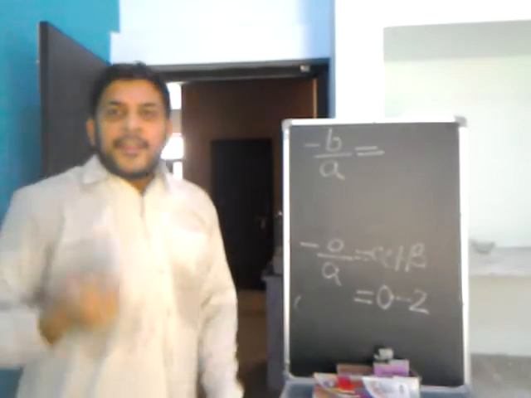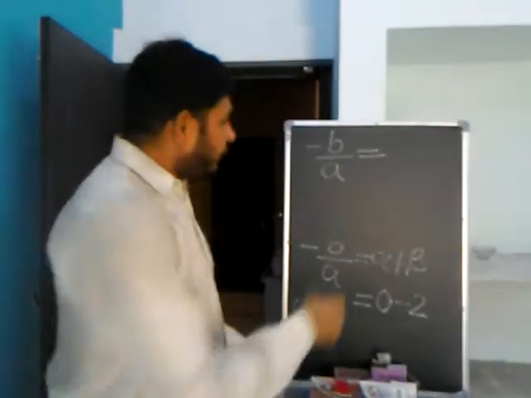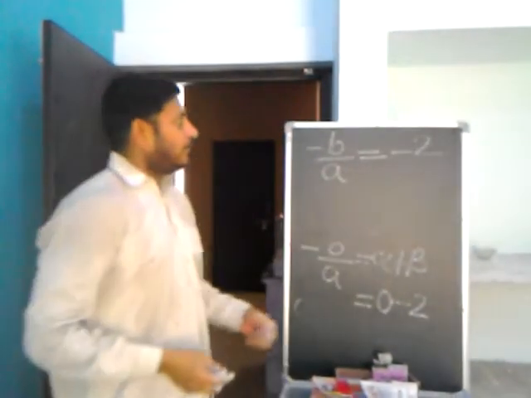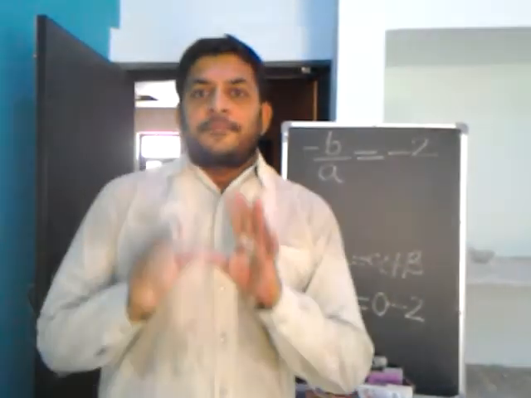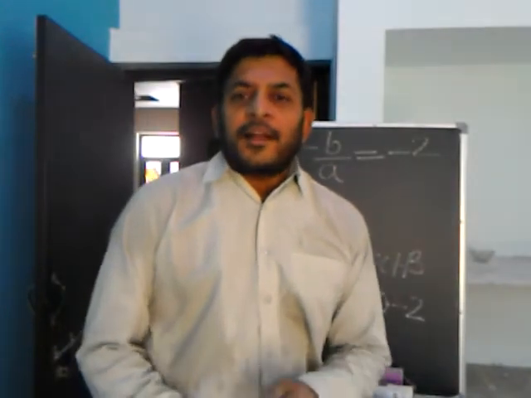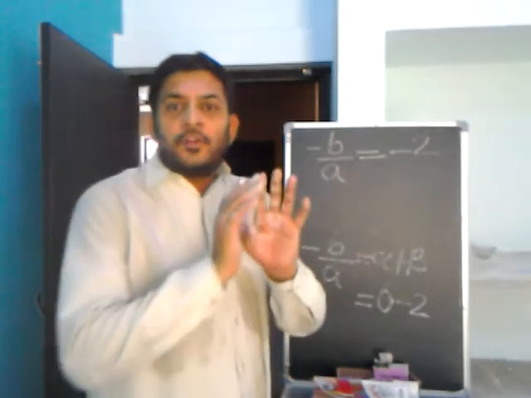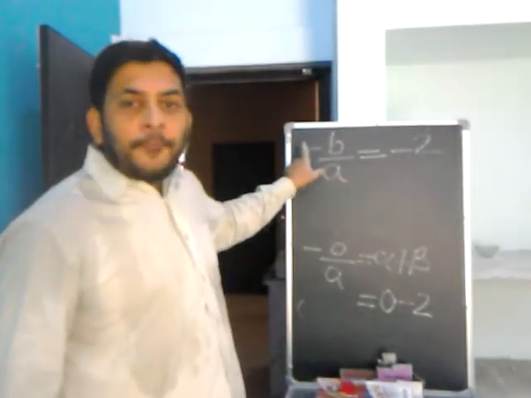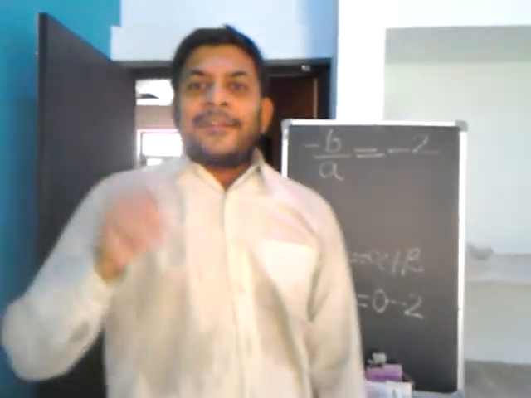If we subtract anything from 0, or add anything to 0, the answer remains the same. So minus 2 subtracted from 0 gives 2. Now, minus is on the left side, and minus is on the right side. If such a condition arises that the minus sign is on both sides, then in the last step, after solving the whole question, if we have a minus sign on both sides of the equal sign, left and right, then we cancel them out.